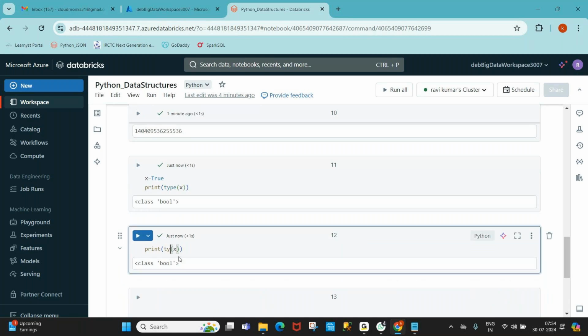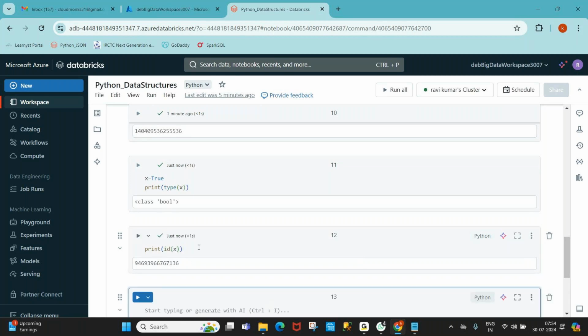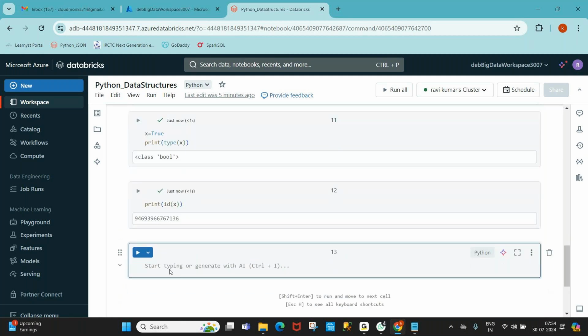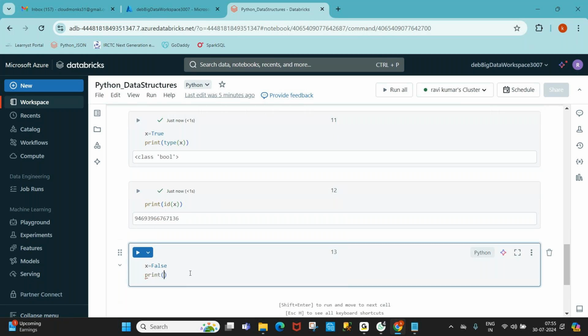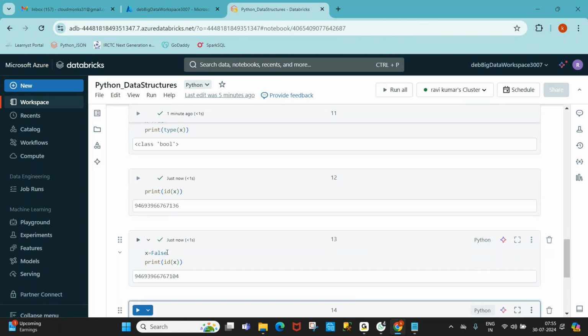See the memory address, last 6 digits, try to remember: 767136. Now x is equal to False, and print id of x.